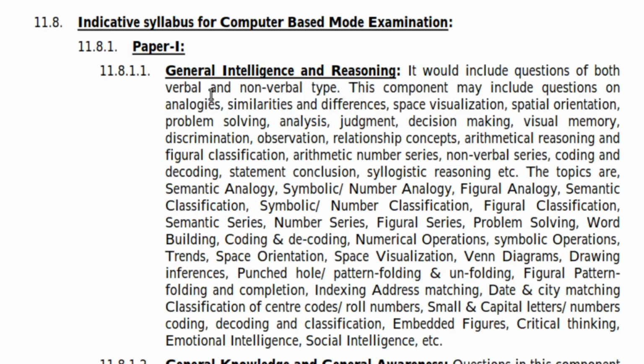Now let's go to the detailed syllabus, like what are the topics we need to cover, what are the important topics. General intelligence and reasoning. Reasoning will have both verbal and non-verbal types, as mentioned here. What is verbal? One where you don't have images, you just have a question, like arithmetic number series or syllogism, analogy. But when it is non-verbal, you have something with pictures, like image folding and so on.